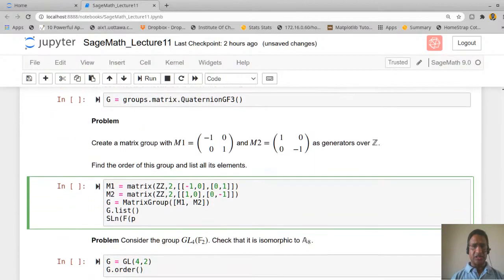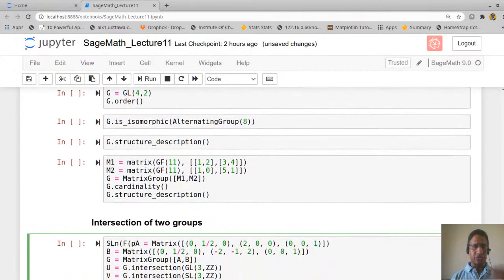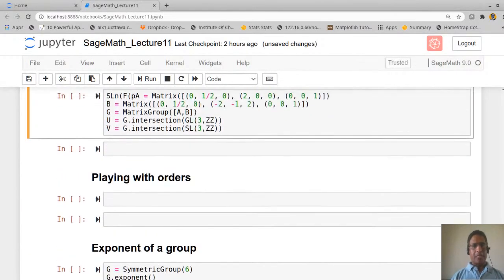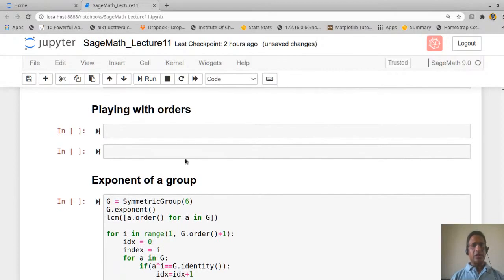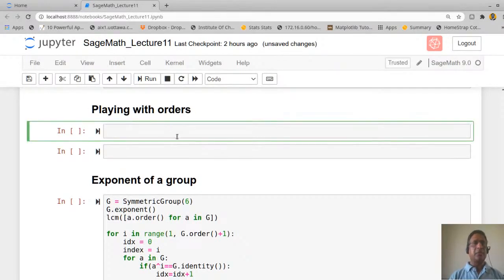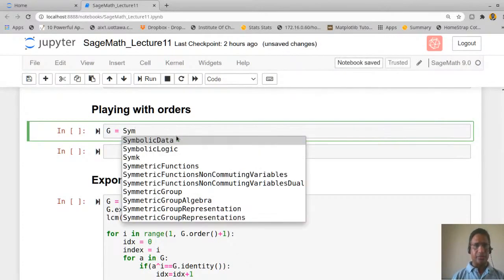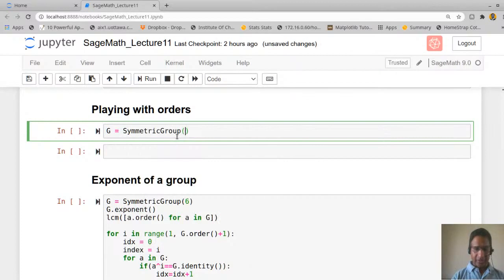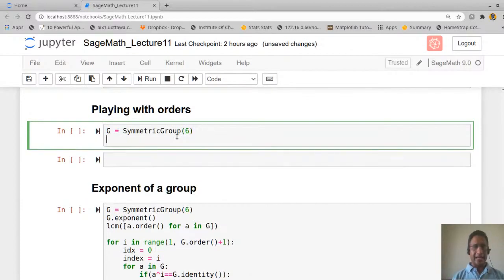These things I will not get into. Now, we have already seen how to find the order of an element. So let us take a group G, say the symmetric group S6, and take two elements.